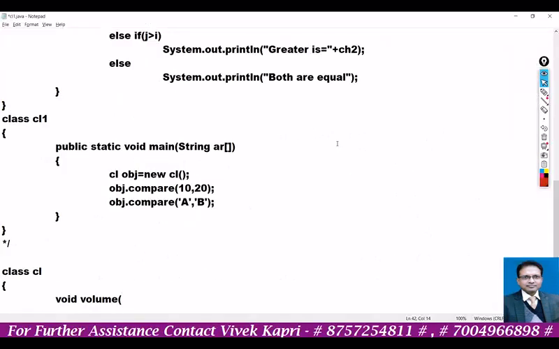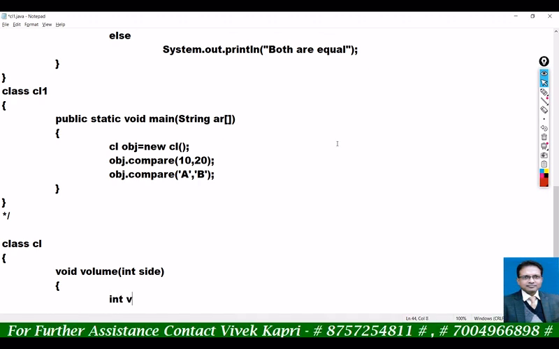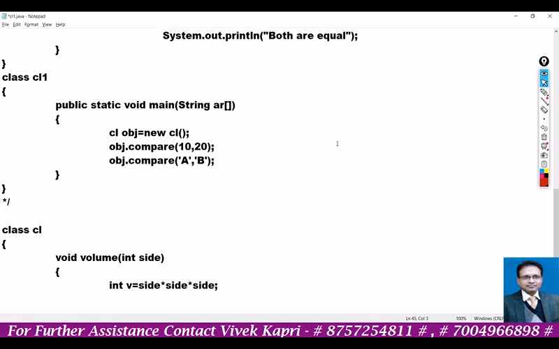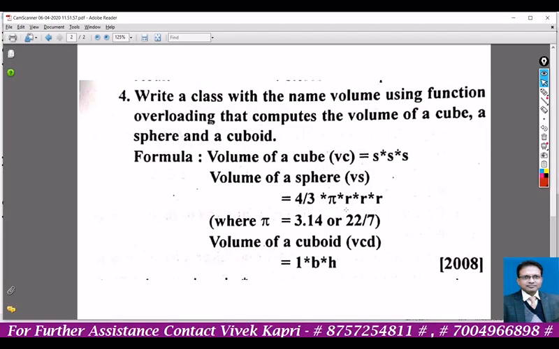Volume of cube, and volume of cube is side cube, so int side, int v equal to side into side into side, and print System.out.println volume of cube equal to plus v. First function complete. Now second is for sphere.